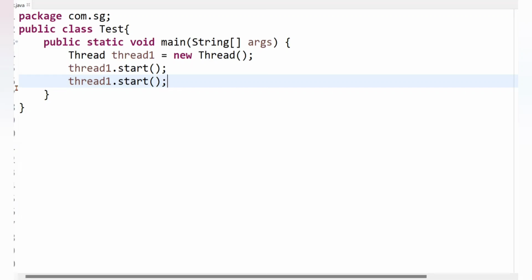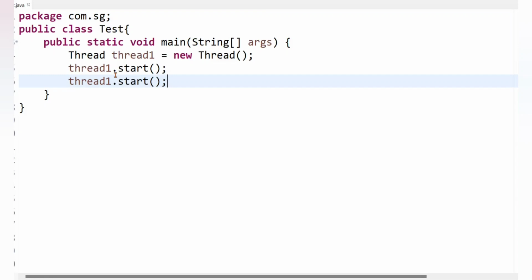We are getting this exception because when you create a new thread, it is in the new or born state, and when we call the start method on the thread, it enters into a runnable state and starts executing its run method, right? All this I have already explained in the thread lifecycle video. And once the thread has completed executing the code inside the run method, it moves to the dead state, and once a thread enters the dead state, we cannot start the thread again.